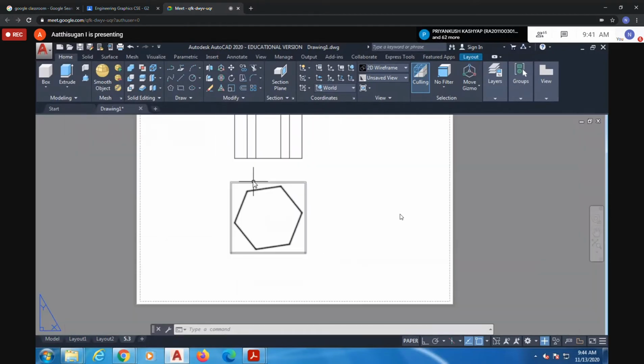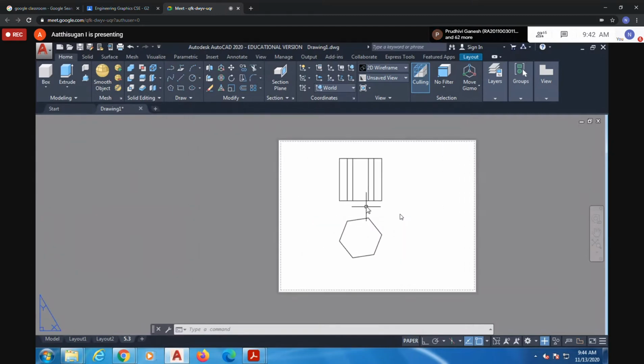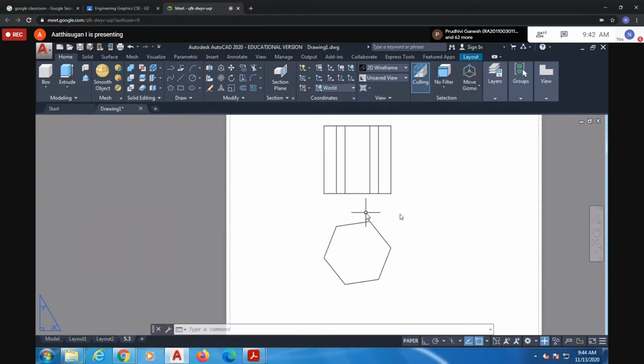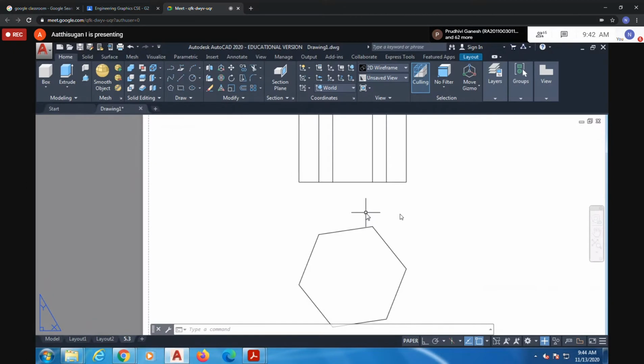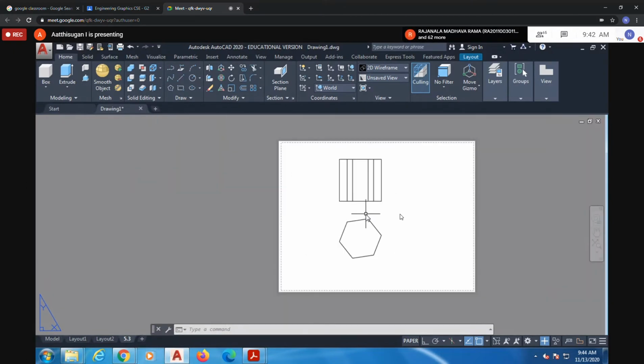But previously you could see only the straight lines for this and this side, because this corner and this corner will be on the same axis. That you remember. This will be helpful for those who are doing manual drawing. Okay, so I'll come back. I'll give some instructions. I hope you understood the label and how to draw the label and all.